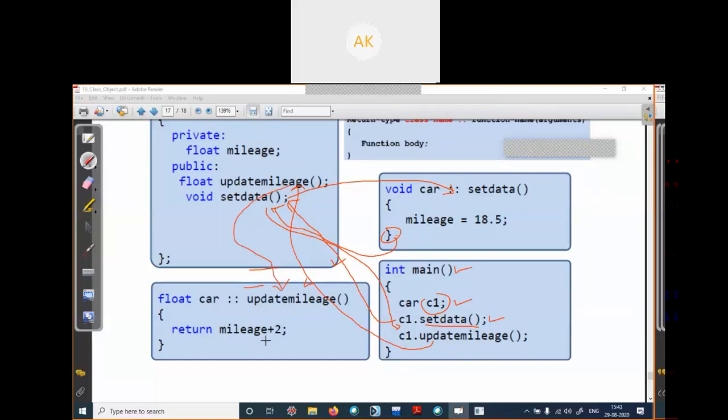Then it will change the value to the previous mileage plus 2, return that value to this function, and go back to main and terminate your program.